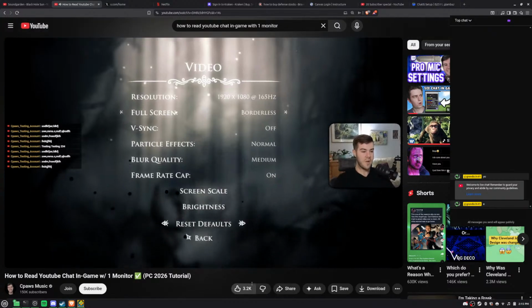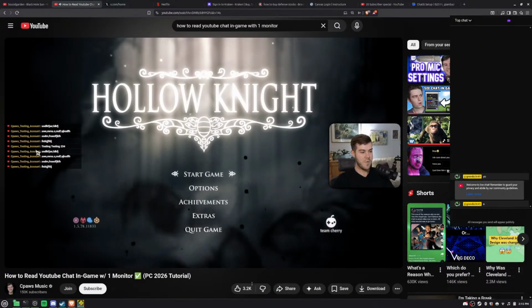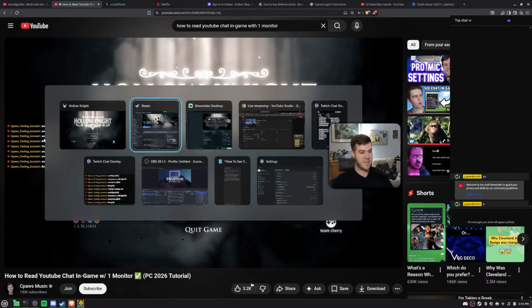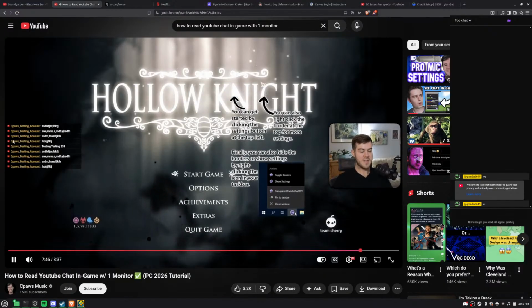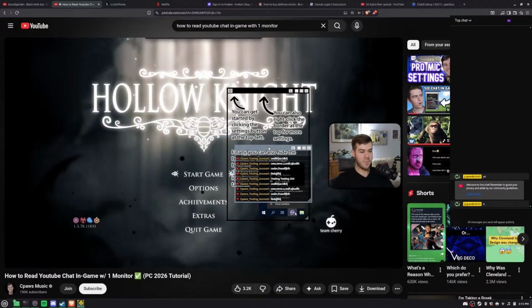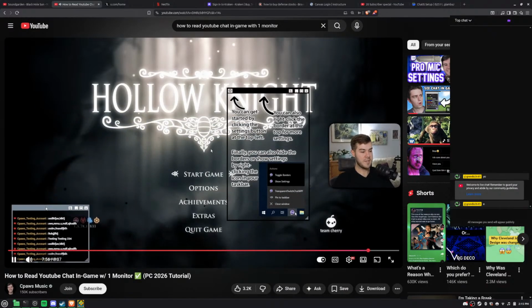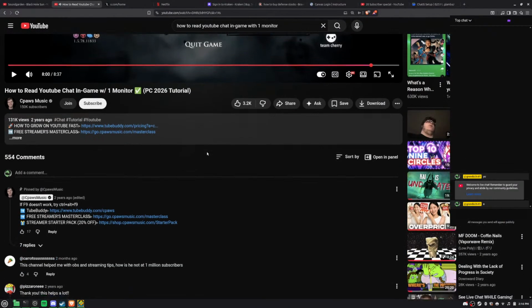So now that we have it over our game, there are a few more quirks. So if we wanted to move this, we're gonna have to Alt-Tab into that little program we have right here. So we're gonna press F9, and it's gonna get rid of this border as well. But if we try and press it again, it's not gonna do anything because we have to Alt-Tab back in and press F9, and it's gonna bring back the border for both of these in case you wanna go and replace it somewhere. You can also right-click on this little tab at the top and change the